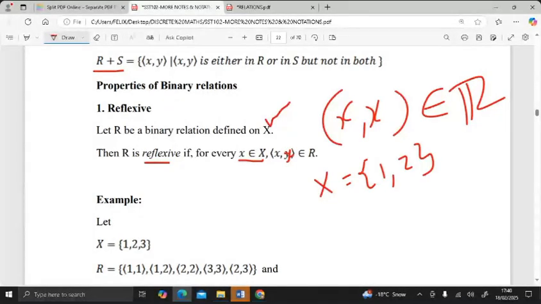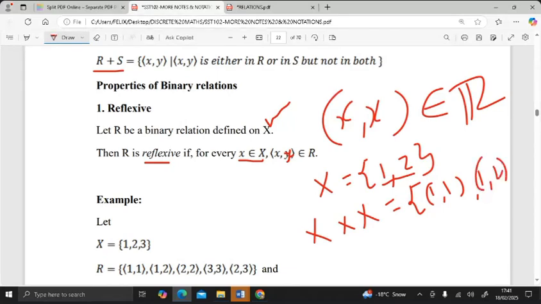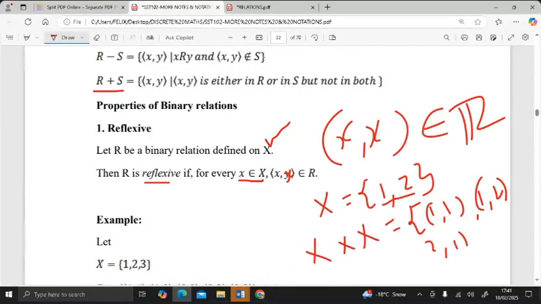Reflexivity tells us for every member of X, X is related to itself. So if we have, let's say, X to be a set of the elements 1, 2,